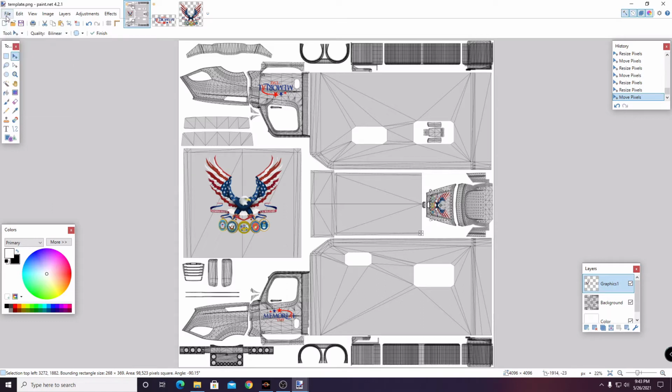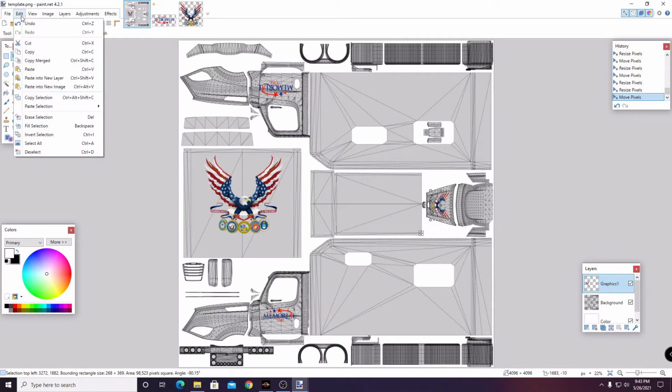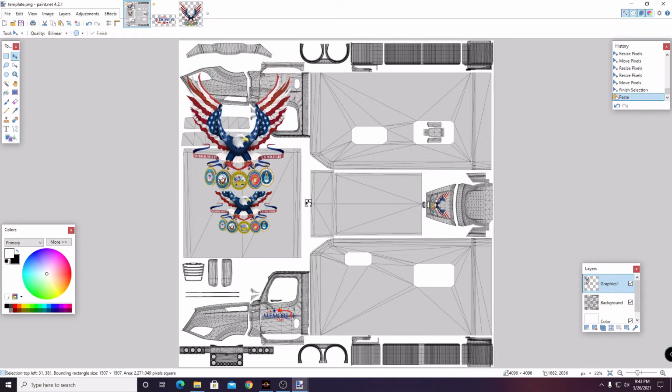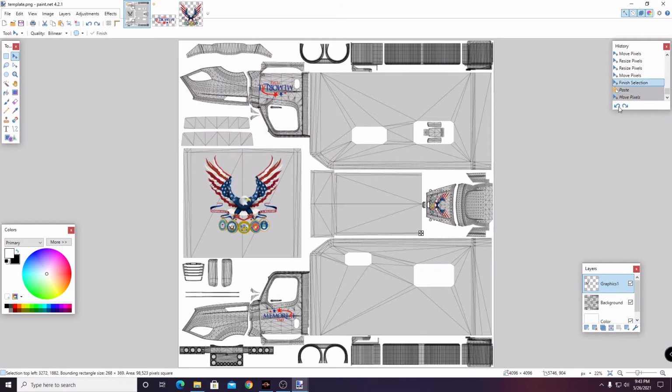Alright, now what I'm going to do is set this up for another layer, but I don't want to interfere with anything else I've got in here. Because if you notice, let's just do this real quick here. I want to paste another one. Now if I bring this down, you see how it's making the other one disappear? We don't want that. So what I'm going to do is undo that. I'm going to make another layer. I'll leave it on top of this one. It's irrelevant at this point where it goes, but